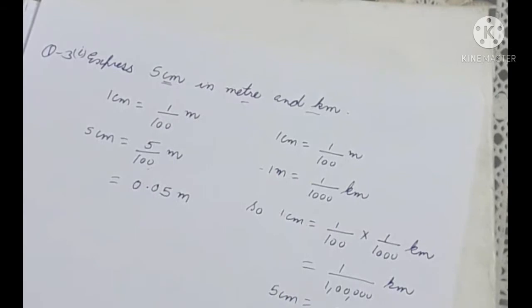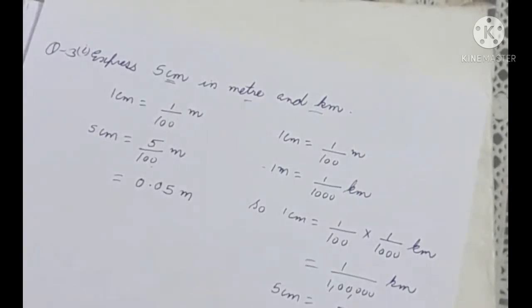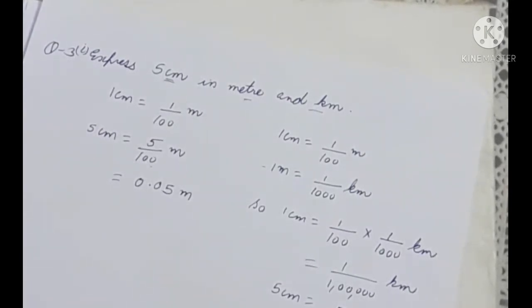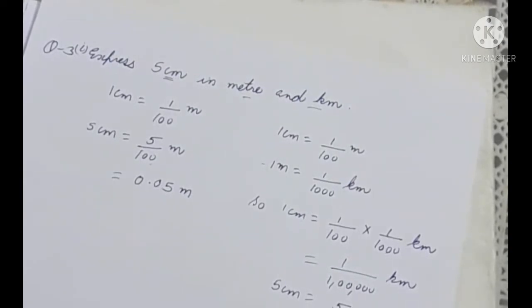kilometers. Now if I have to change to decimal, in the denominator there are 5 zeros. So after decimal there should be 5 digits, but I have only one digit, that is 5. So how many zeros will I add? 4. 1, 2, 3, 4, and then I'll put a point here, kilometers. Nothing is in the whole number part, so here also you can put a 0. So it will be 0.00005. First part I have done, second part you try yourself.